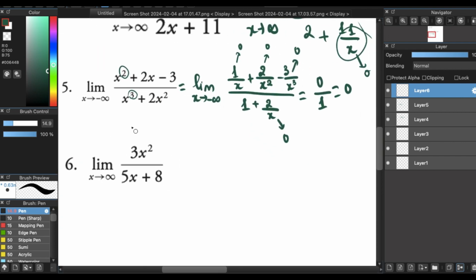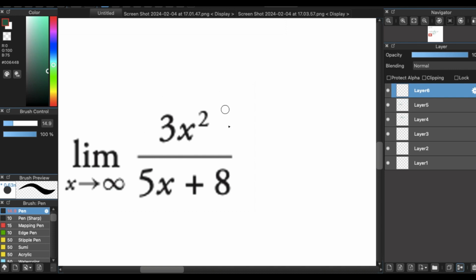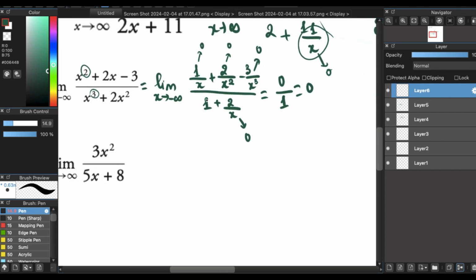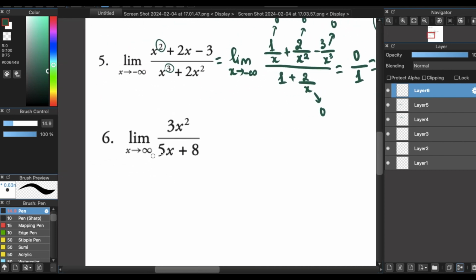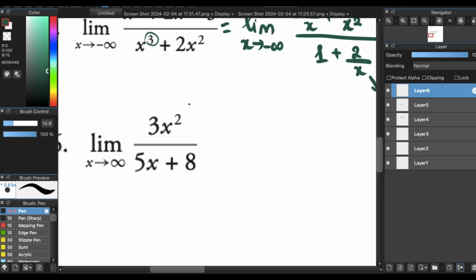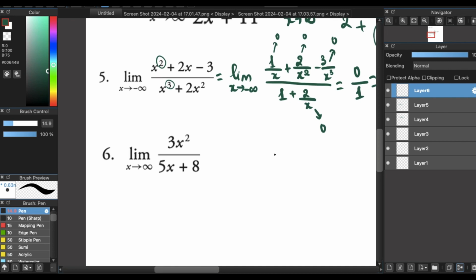So, as you see now, the degree of the numerator is larger than the degree of the denominator. In the previous case, the degree of the denominator is larger, so we obtain a limit of 0. But in this case, it'll be different. So I'm going to divide both the numerator and the denominator with respect to x squared, just like how I did with the above. Okay, just like this, and we obtain